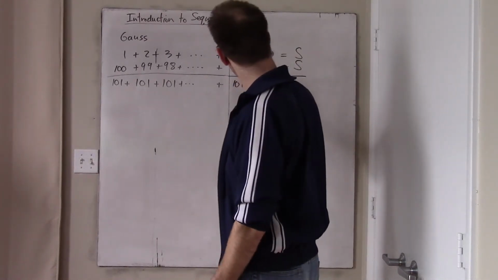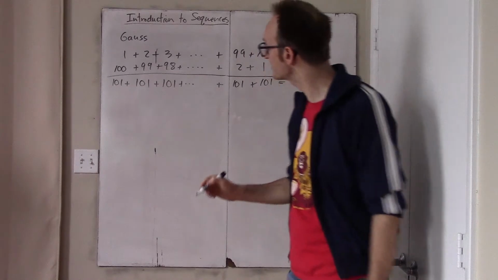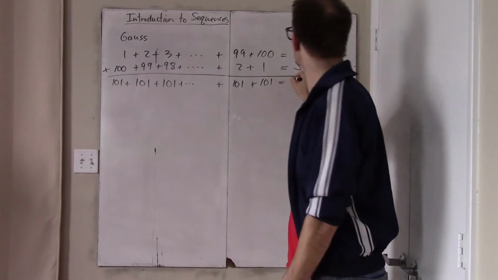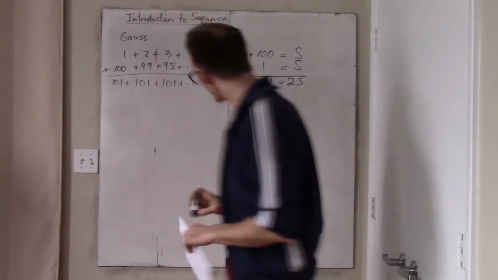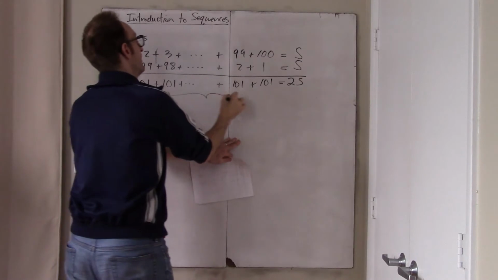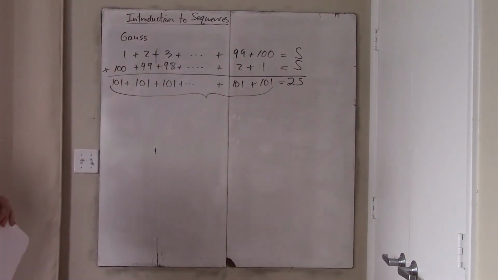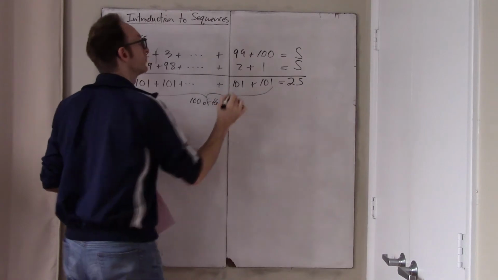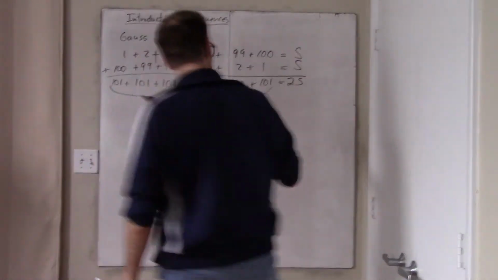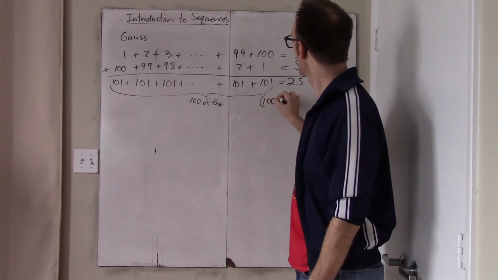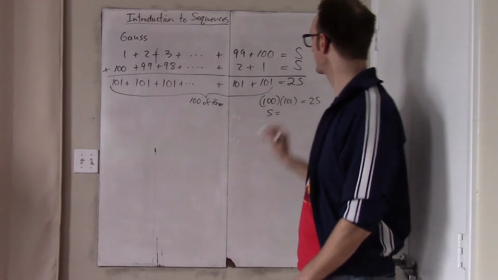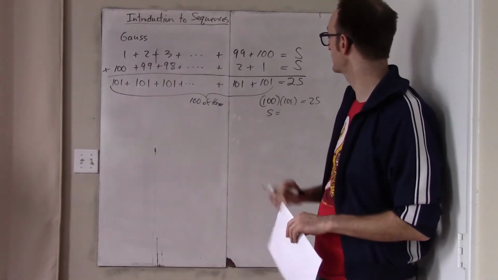And so we get 101 over here, and what happens, of course, when I add these 2 equations, is that I end up with twice the thing that I wanted. And then we just remark: how many of these 101s do I have? Well, there are 100 numbers, so there were 100 columns, so there are 100 of these. And well, there it is. I've just determined that 100 times 101 is twice the number I was looking for. And so what is the number I was looking for? It's just that over 2.